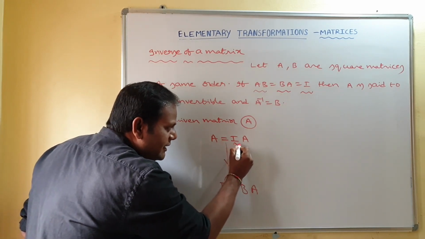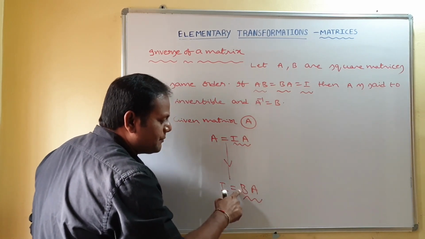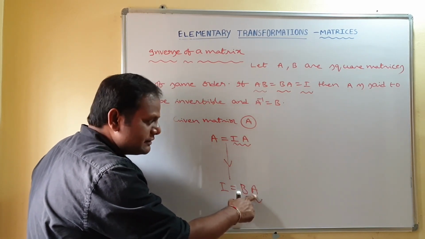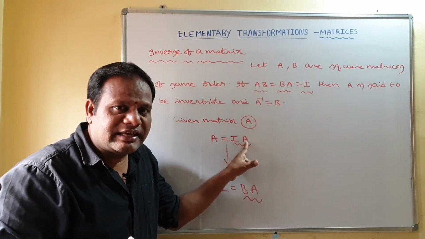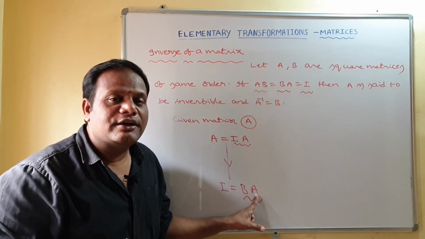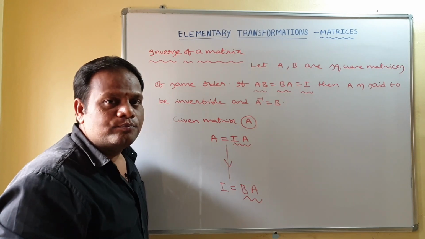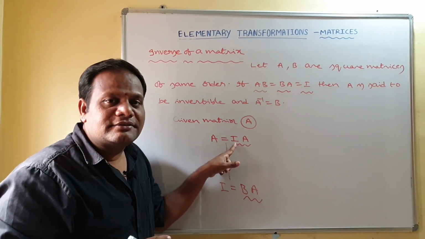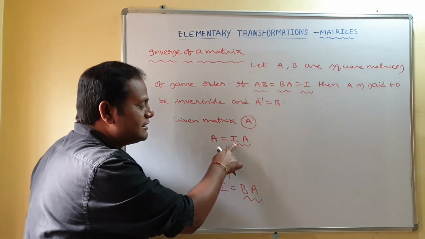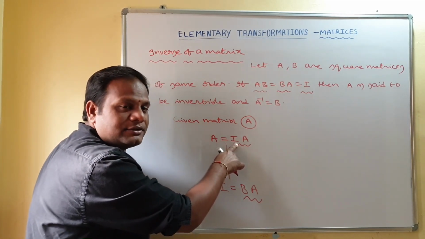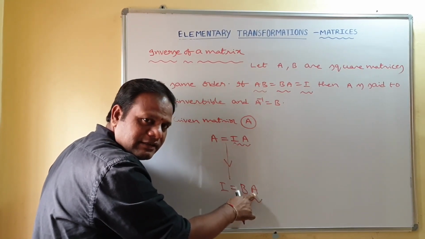So on the right hand side here we have I into A. Here on the right hand side we have some other matrix into A. See, here in the product, the second matrix A, as it is we have. So on the right hand side, on what matrix do you have to apply the operations? That is, on the first matrix, you have to apply the operations. We want this A as it is.